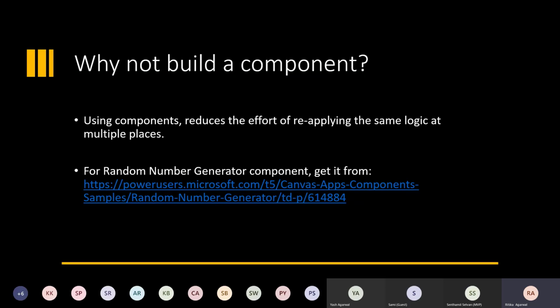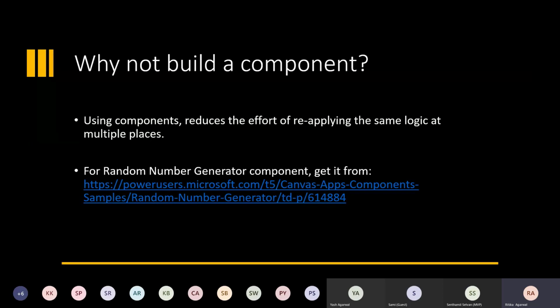Specifically for the random number generator component, I have already created a component and posted it on the community forums. If you want to take a look, you can go there, and there is an output property which gives you a random number generated every time. You can specify the number of digits you want in that OTP.